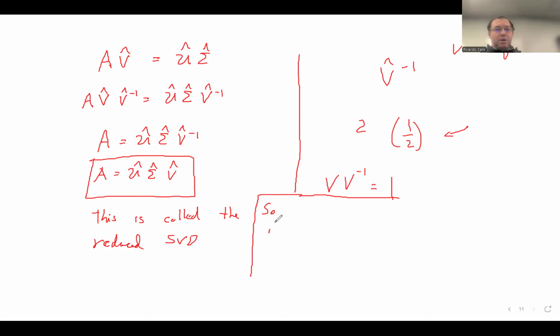So A, this matrix A over here, can be decomposed into three matrices,